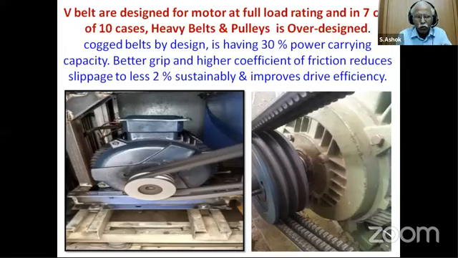Within a maximum of 2 or 3 months, the payback is done from changing this V-belt pulley to a cogged belt pulley. And when you are changing to the cogged belt pulley, you can also resize your pulley, to achieve a better grip, so the coefficient of friction does not reduce. It is able to sustain for a minimum of 2 to 3 years. And any pulley is rated for only 40,000 hours, even if it is running continuously.